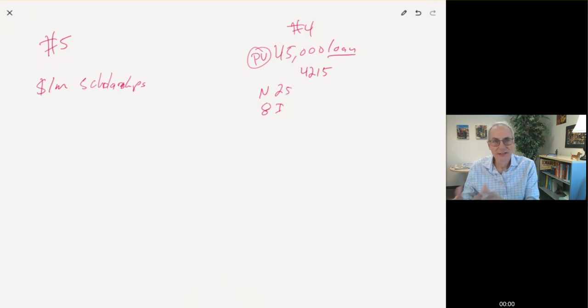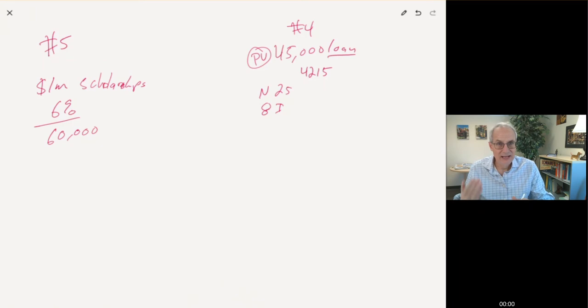Well, they could give the money to OU. OU could then invest it and take the interest off of it, and use that money for scholarships. So let's assume that OU makes 6% return on the money. Okay? And therefore, how much would this $1 million be able to pay out in scholarships in the first year? Well, 6% of $1 million is $60,000. How much would they be able to pay out in the second year?